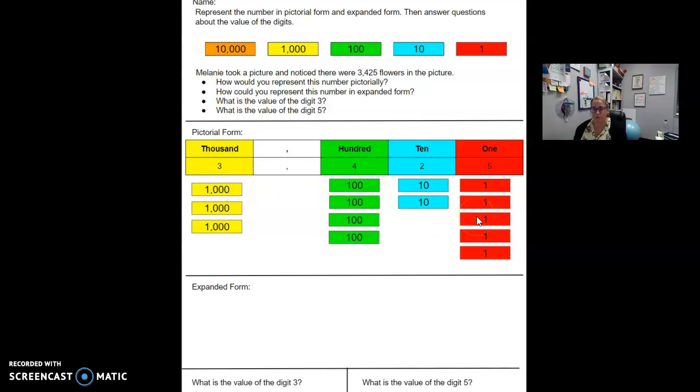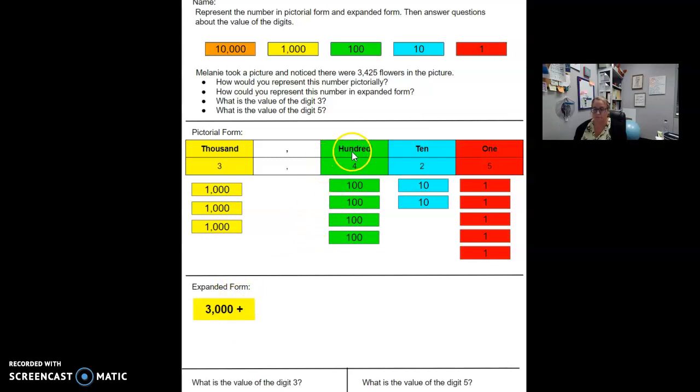Now I'm going to actually write this in expanded form. Now remember, expanded form is when we actually group all of these together so that we know how much each place is worth for its value. So if I have 3,000s, I'm going to actually count by thousands. So I have 1,000, 2,000, 3,000. So I'm going to actually write that right here. So I'm going to say 3,000 plus,